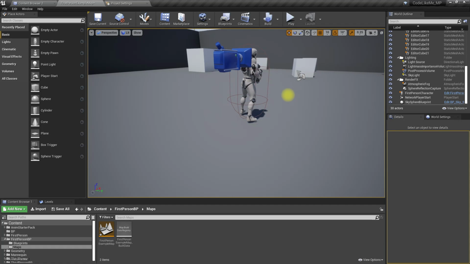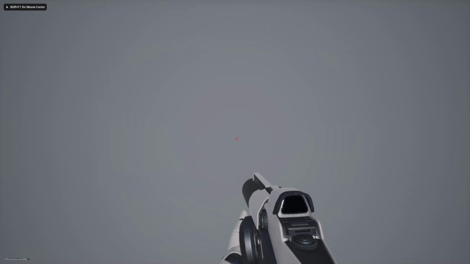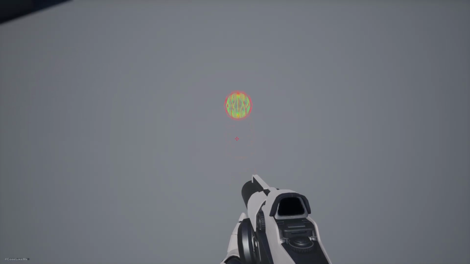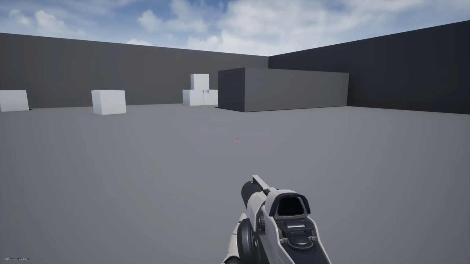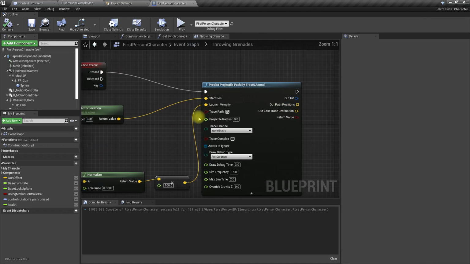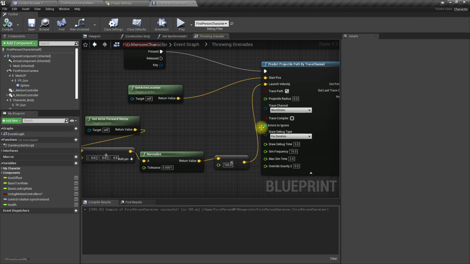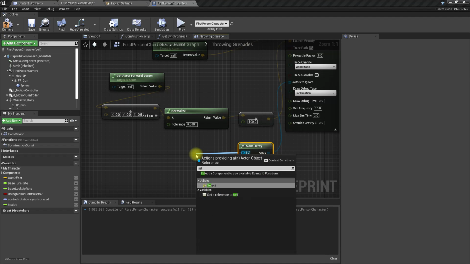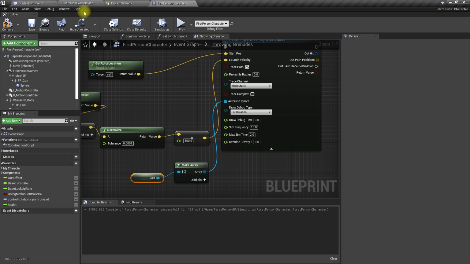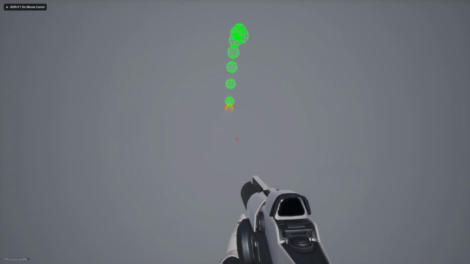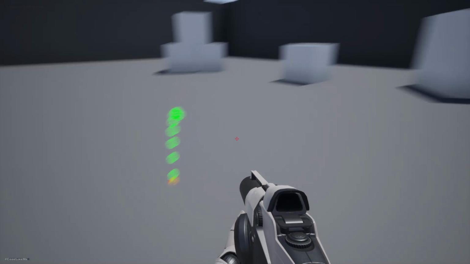Alright, actually it does work when I press G. I think it collides with the character itself. That's the issue. So, right. So as for the actors to ignore, let's make array and give self. Alright, now it does work, but